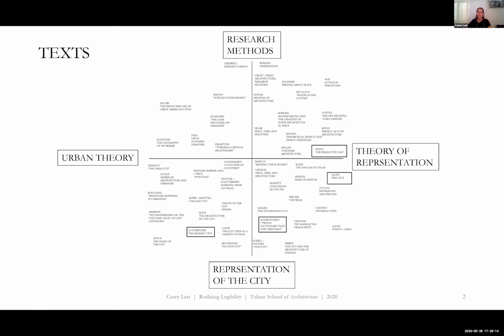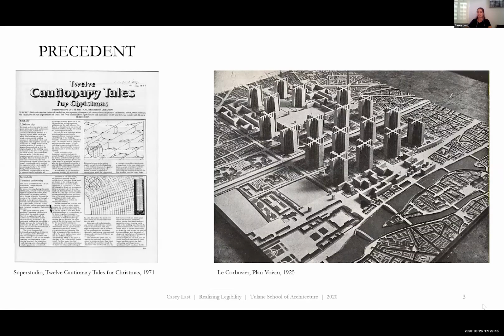The 12 cautionary tales were written narratives of ideal cities, each with a singular image. Like Superstudio's ideas of radical preservation, they are diagnoses of the present reality, accessed and critiqued through imaginations of fictional ones. These ideas explore polemic with satire and cynical irony. Le Corbusier, on the other hand, presented Plan Voisin on a number of occasions throughout his career. This too diagnoses the present reality by representing an ideal one, but is evidently not viewed as satirical work. It is conversely avant-garde.